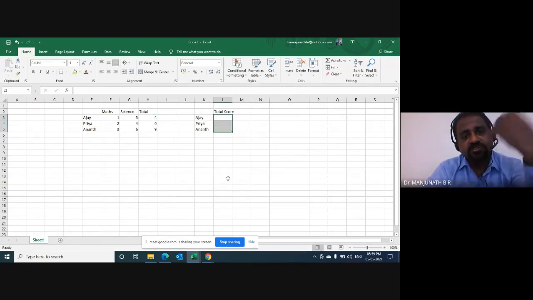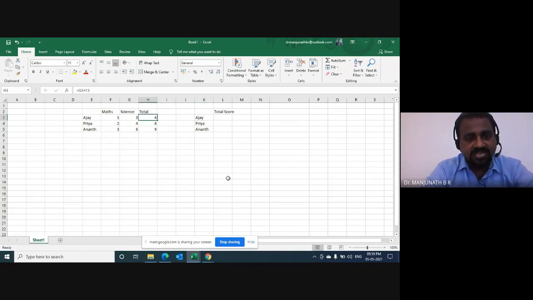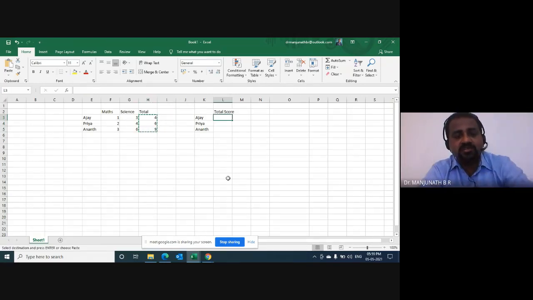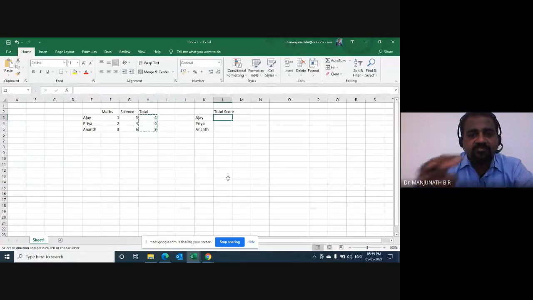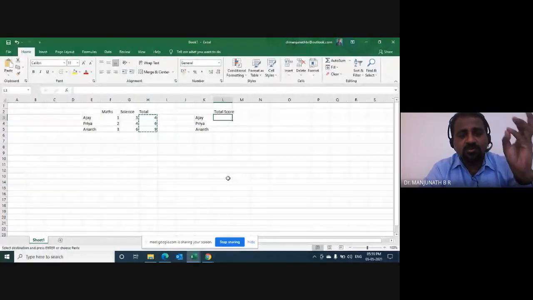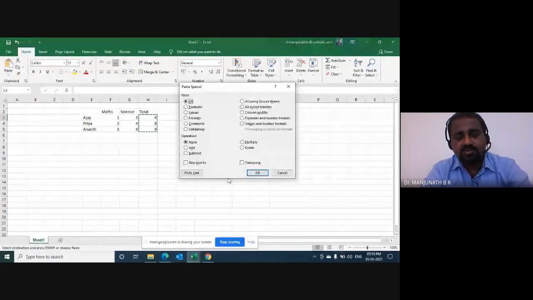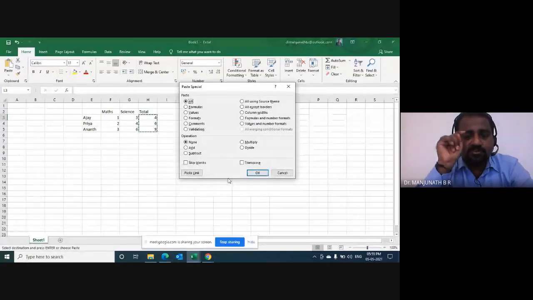Now you go to your Excel. You select the formula-oriented output, make a copy of that, Control C, and go to the destination where you would like to paste. Now do along with me: Control Alt V. Control long press, Alt long press, and press V for victory.